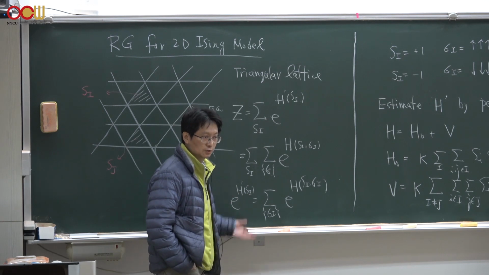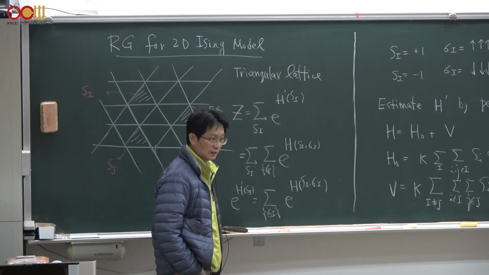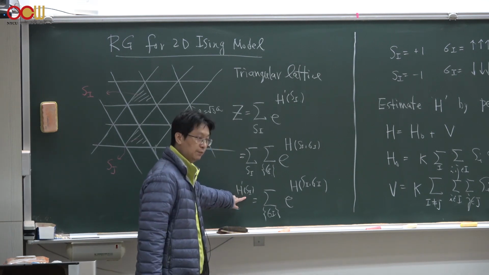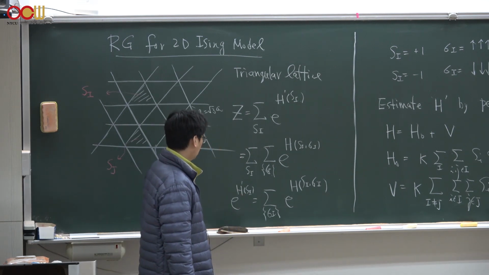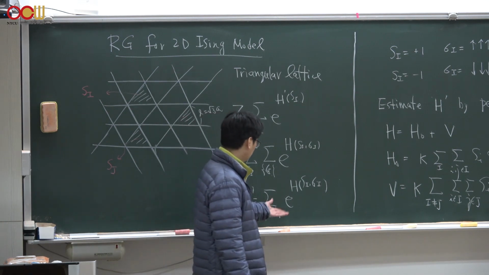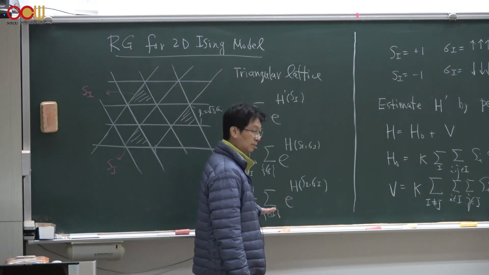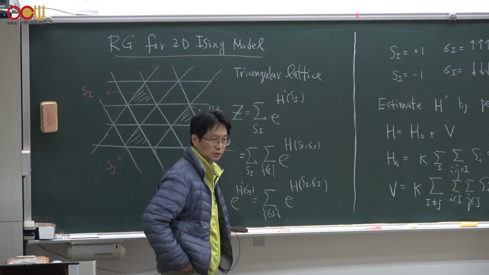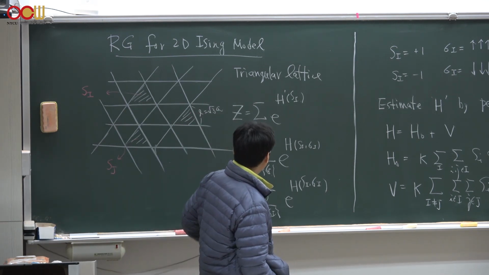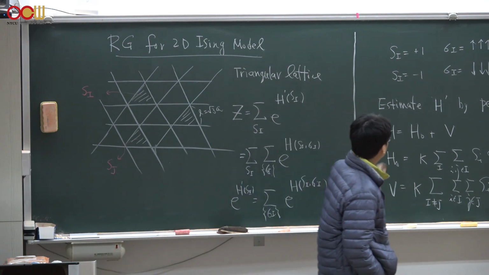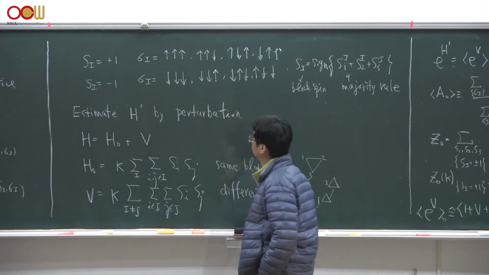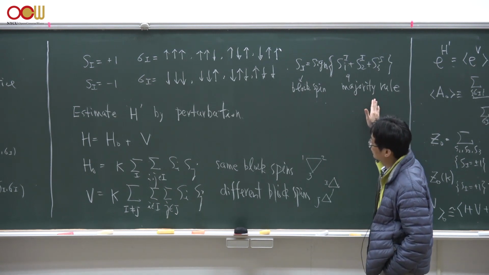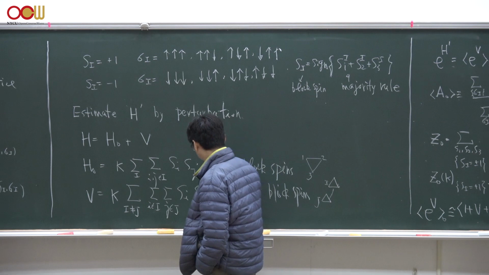Then we try to find out this H prime, or the effective Hamiltonian, in terms of the block degrees of freedom, capital I here, by partially summing over the microscopic degrees of freedom within each block. For example, the definition of the block spin capital I within this block unit is defined by the majority rule. We know that for each triangle,